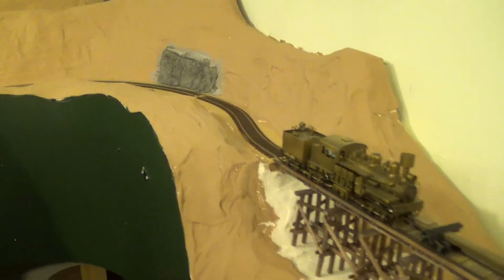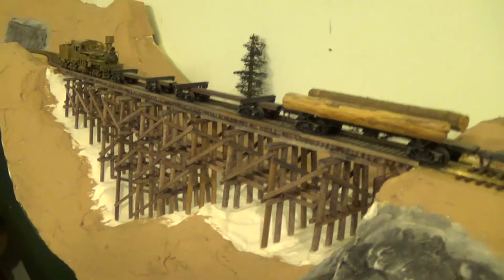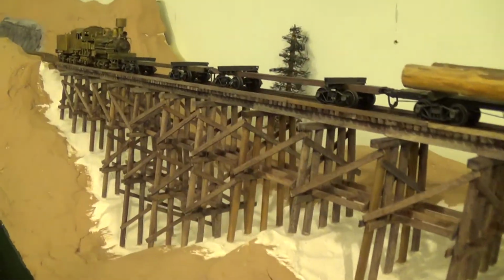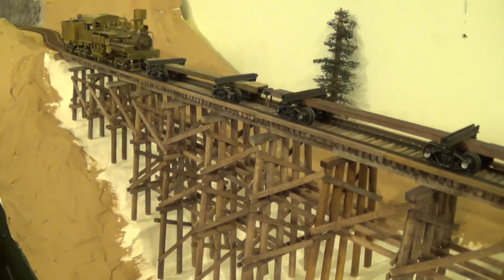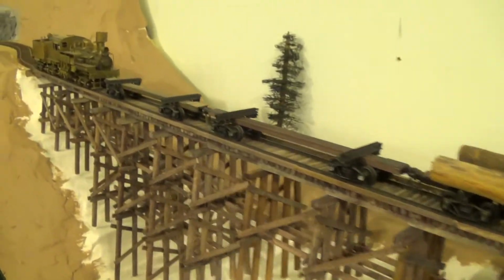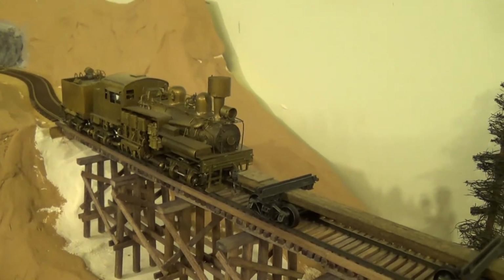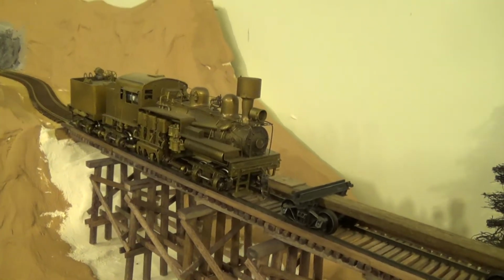Onto another one of my scratch built trestles. This will kind of be a lower section in the grade, so it's going to be a centerpiece of drop scenery and things like that. It's one of my Pacific Coast chaise. Either number 17 or 19 whenever I get it painted, but